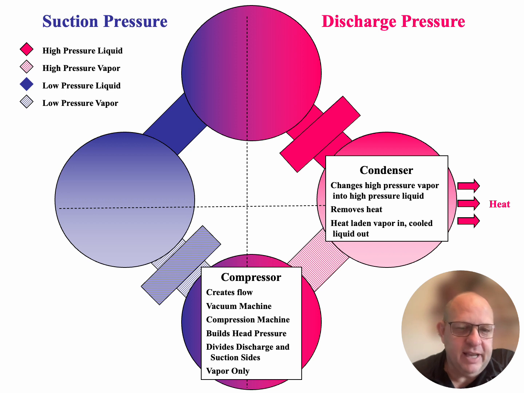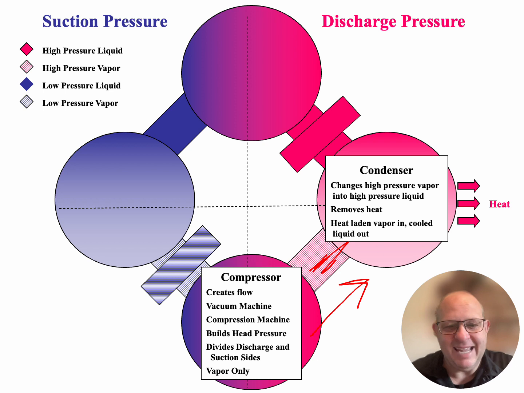Now, as far as the next the refrigerant flow is concerned, we are heading in this direction right here. Now, this line right here is a discharge line. So the compressor is going to take that low pressure, low temperature vapor that's very heat laden, a lot of heat in that vapor. It's going to compress it into a small area. By pressurizing that refrigerant, we're going to raise the temperature of that refrigerant to a place where we can remove that heat from that refrigerant as it's going to be passing through our next component,